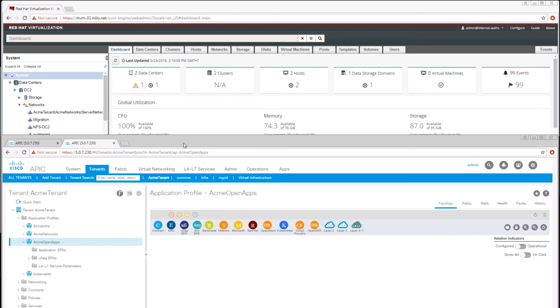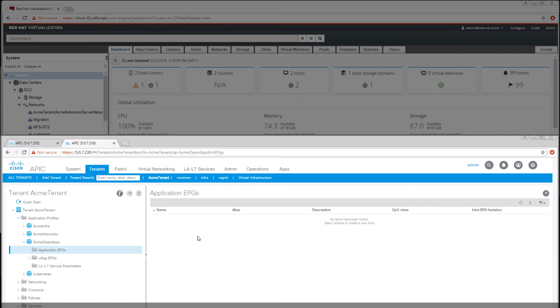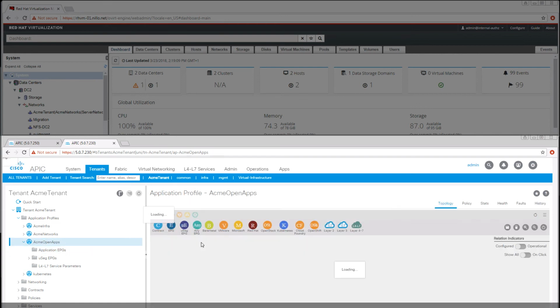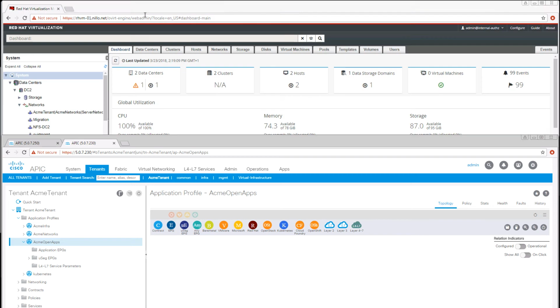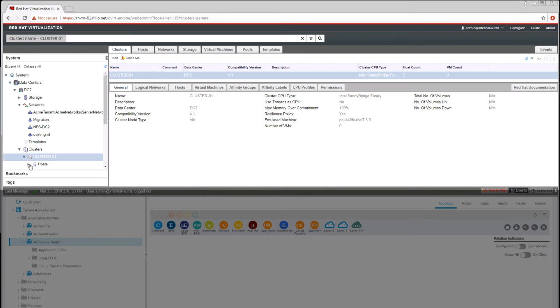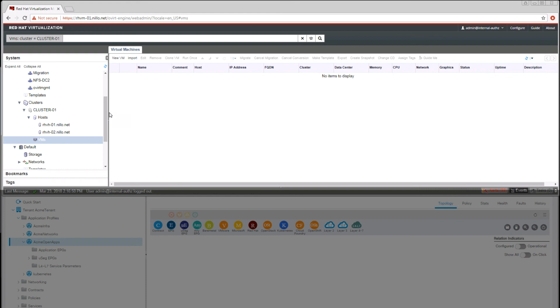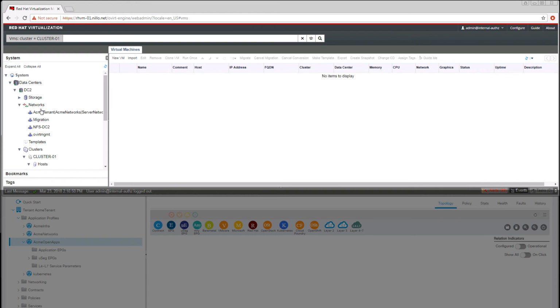We start by looking at the Acme Open Apps profile. In this application profile, currently we have no EPGs configured on the APIC. Let's review the Red Hat Virtualization Manager, where we see that there are no virtual machines running. And if we look at the cluster, we see that we have two hosts, Red Hat Virtualization Host 1 and Host 2. No VMs are currently running, nothing is provisioned, and we see that no network is configured for the Acme Open Apps